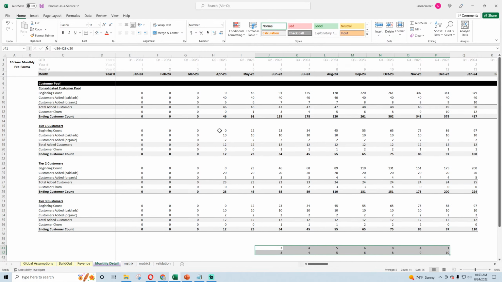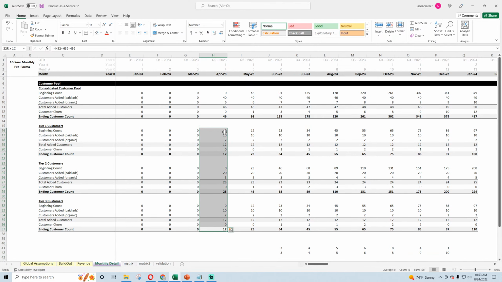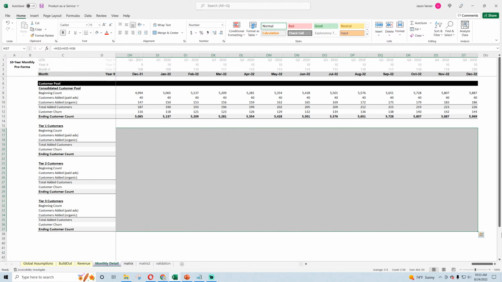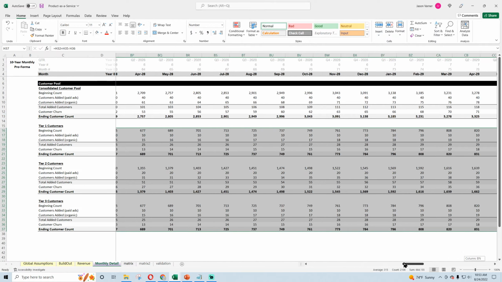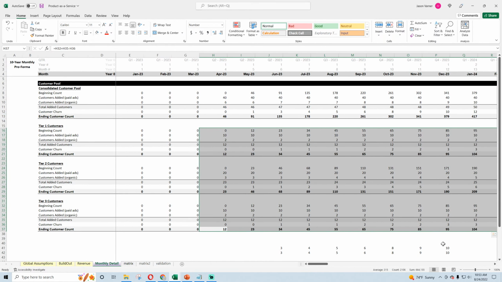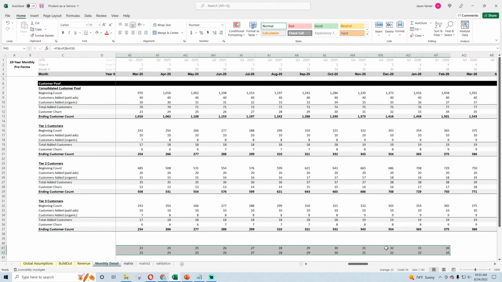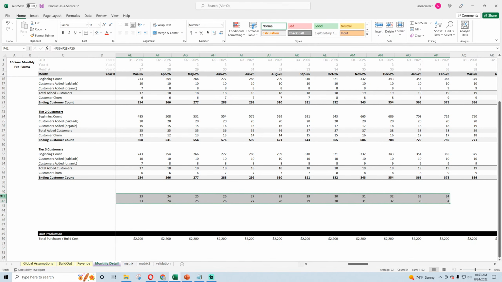And well, let's first drag all these over so we get a full range. Okay, so we know how many customers exist in each tier. Now these always should match. If we drag over, it looks like they all do.